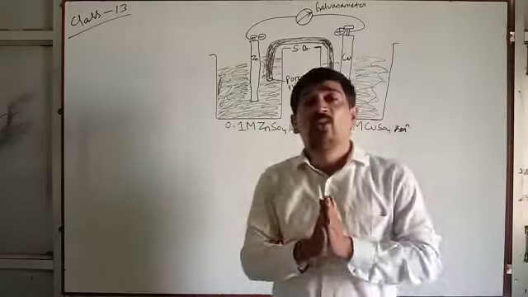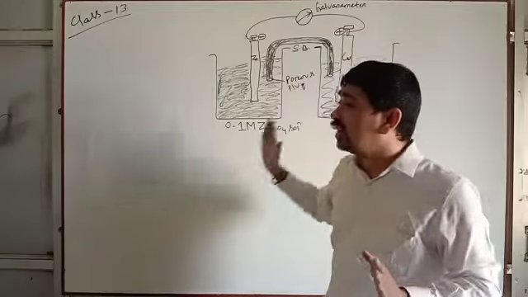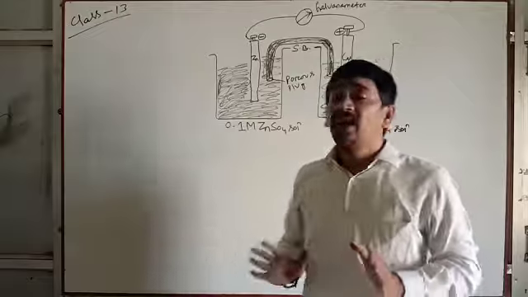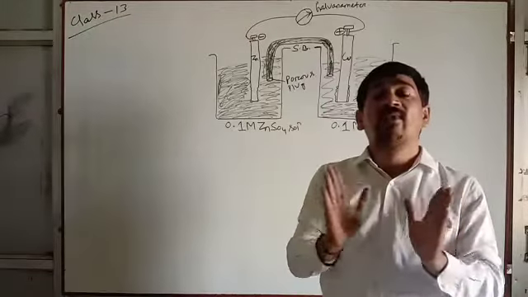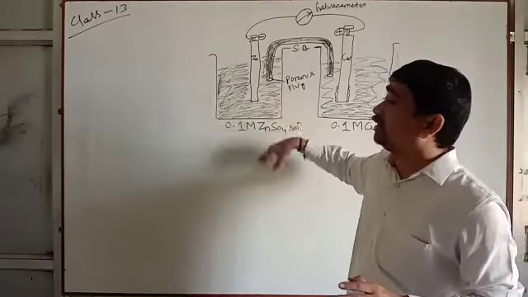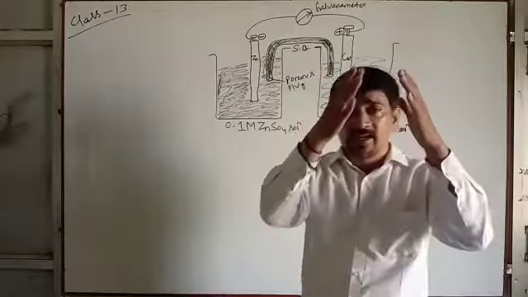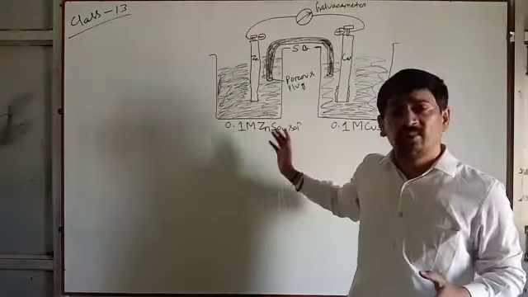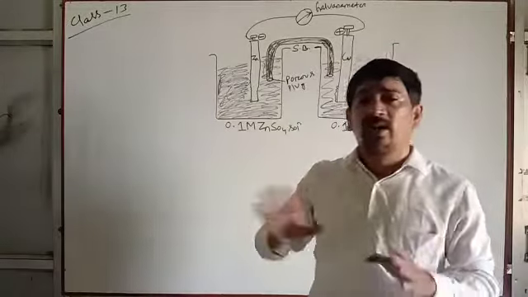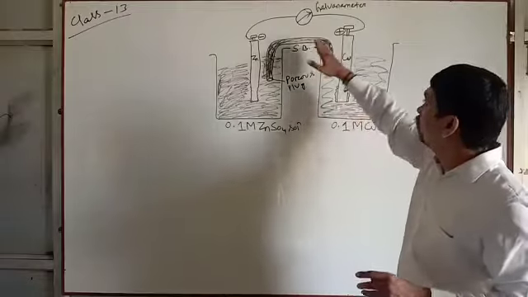Next we will explain what is the construction of galvanic cell, what is the working or functions of galvanic cell, and what is salt bridge. Three things we have to discuss in galvanic cell. Those things are very important, so you will write accordingly. Nobody will dare to cut off your marks. Otherwise, if you write the test paper like that, it will not get the full mark. First you write the definition, then you draw this diagram.